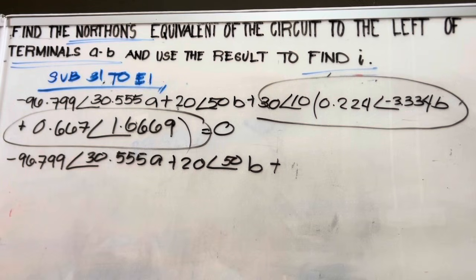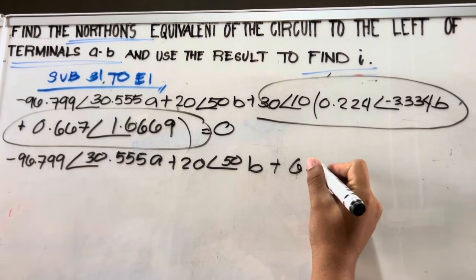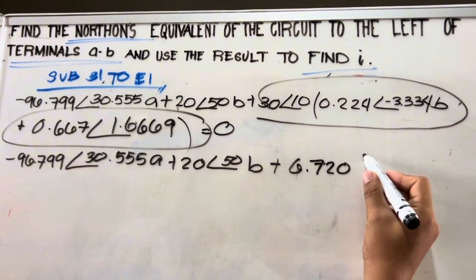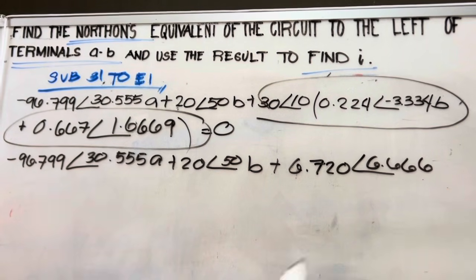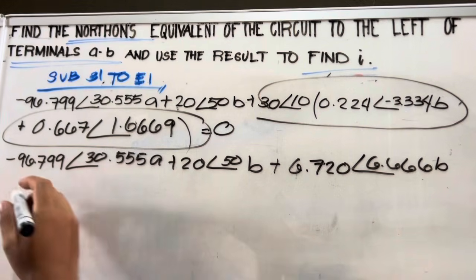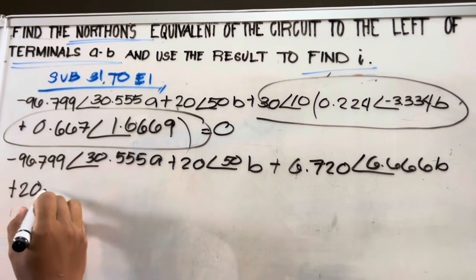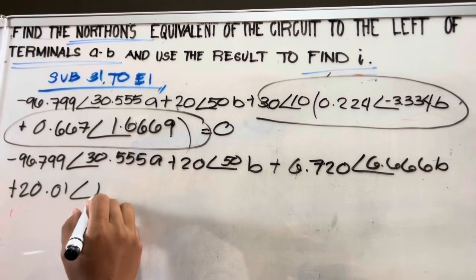So the answer there is 6.720 angle of 6.666 times B plus 20.01 angle of